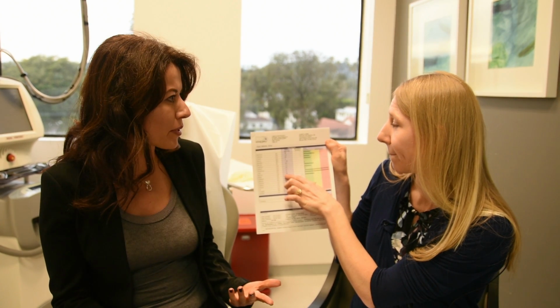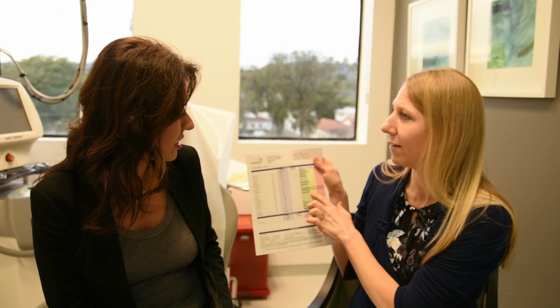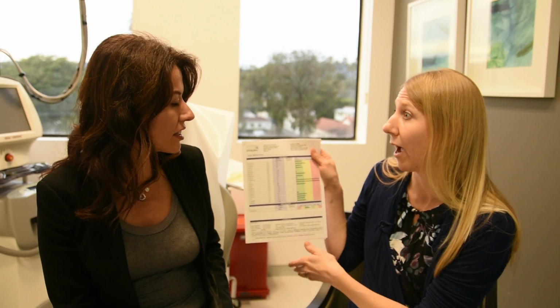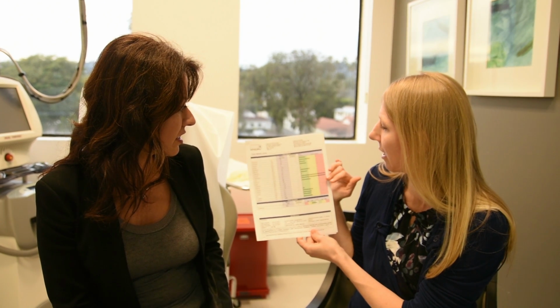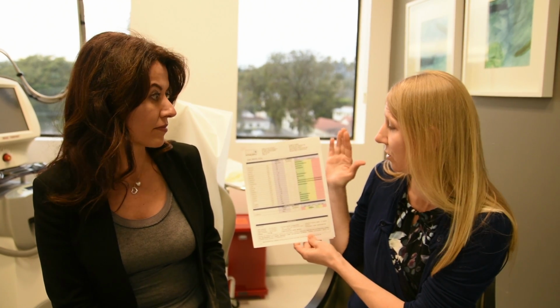Where does lead come from? I mean, where would I pick it up from? Basically, it was rampant in the environment for a long time. So lead pipes, lead paint, leaded gasoline. And it also can come through generation. Oh, so you could have got it from your mom. And at some point in your life along the way, you picked it up. So you're getting rid of it on your own, but when we added the chelation in, you really got rid of it. Okay. So basically we use this now to say you're a good candidate for chelation because you actually